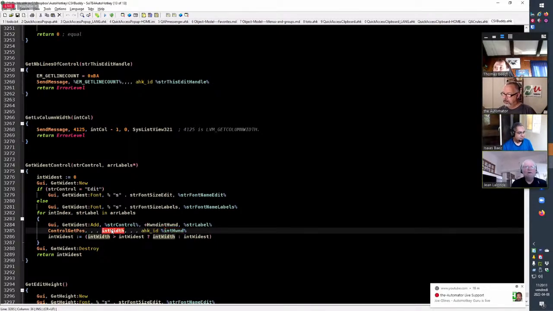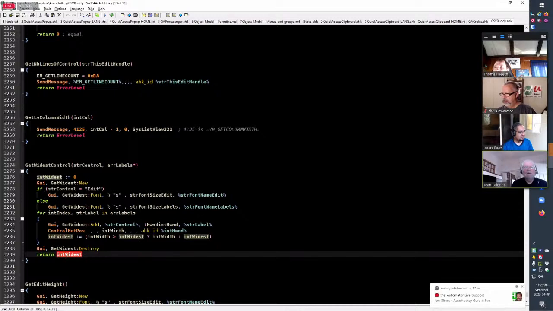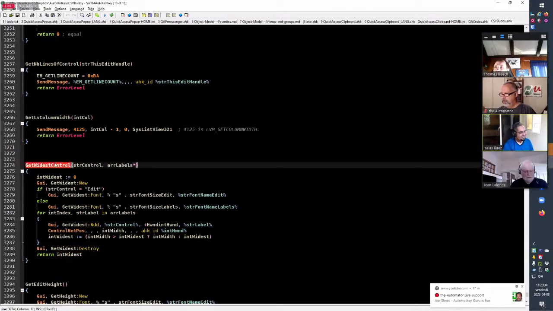And if the width of the first control is larger than 0, I keep it. And for the second, if the second is larger than the first, then I keep the value of the widest of the loop. I'm looping through the 4 or 5 items that I can receive here, and it will destroy the GUI, and it will return the widest. So where I'm using this is